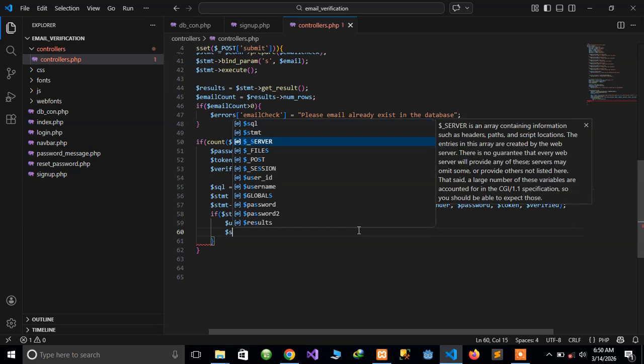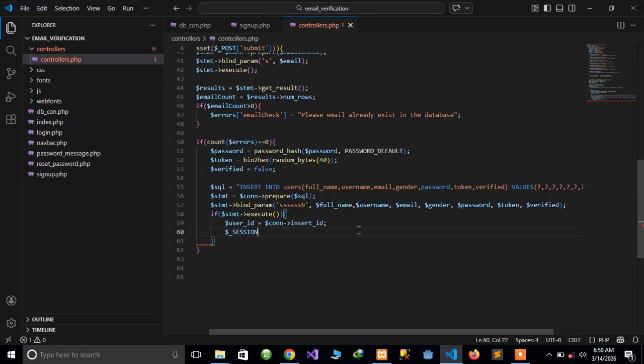So let's see, session of ID, then it is going to be assigned to the variable user ID that we just created, user ID. Okay, then let's continue the session. So let me copy and paste multiple times. We have session username, and this is going to be used